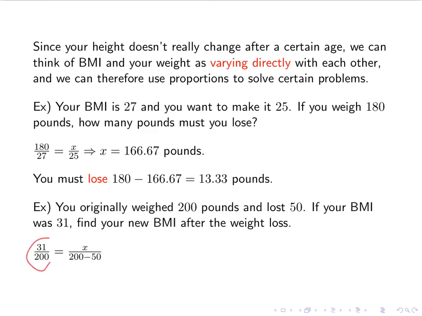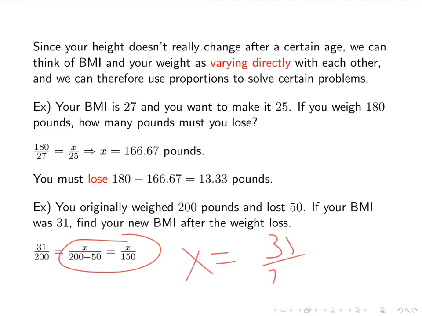So for my first one, I weighed 200 pounds. My BMI, or your BMI, was 31. So again, BMI on top, weight on the bottom. My BMI that I'm looking for is on top. The new weight is 200 minus the 50 that you lost. So this is going to be X over 150. And again, if I want to get X by itself, I'm going to take my 31 over 200 and multiply by my 150. So the new BMI is 23.25. Okay,